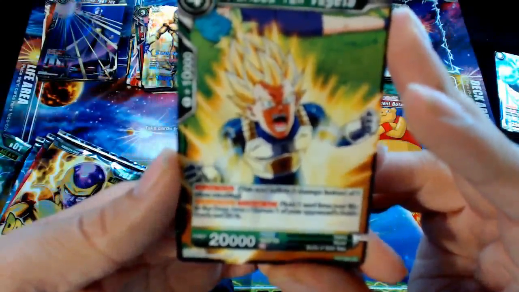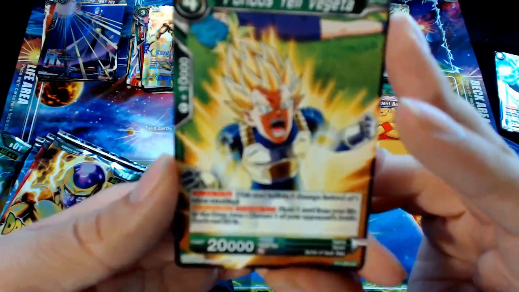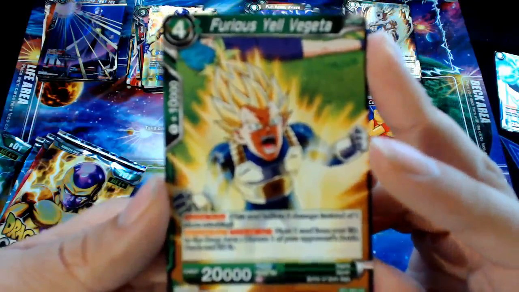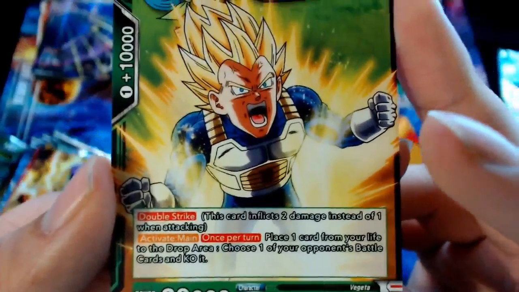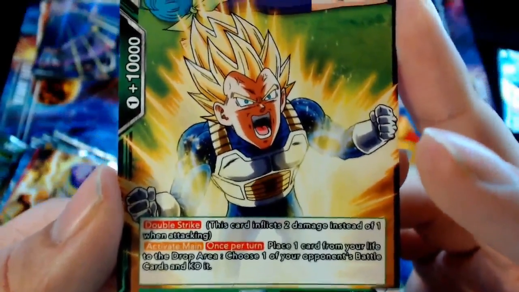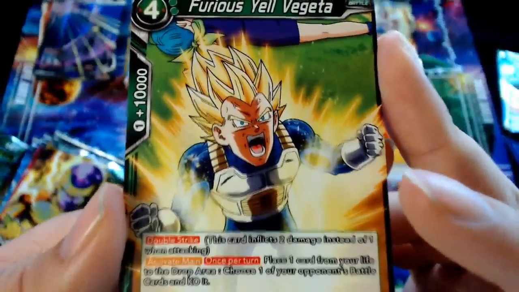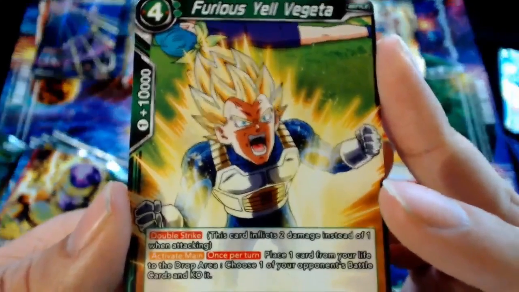Double Strike. Activate main. Once per turn, place 1 card from your life into the drop area. Choose one of your opponent's battle cards and KO it. So you can just straight up kill one of your opponent's battle cards by doing 1 damage to yourself. Doing 1 damage to yourself is a lot, but once again,